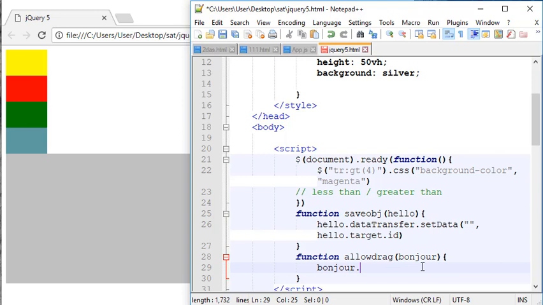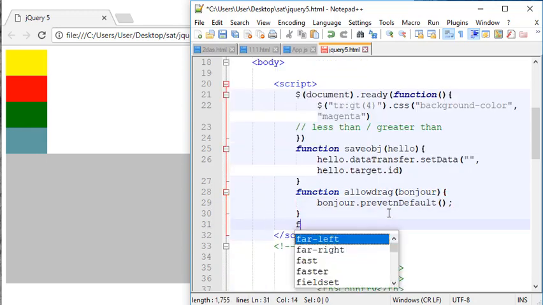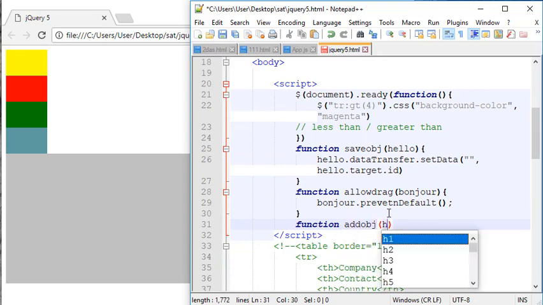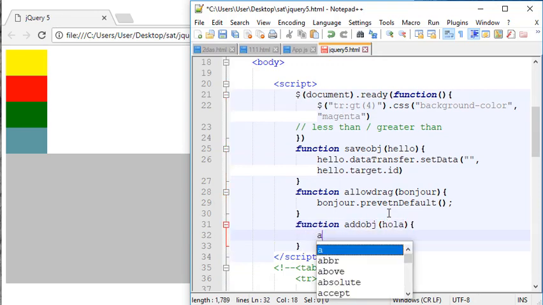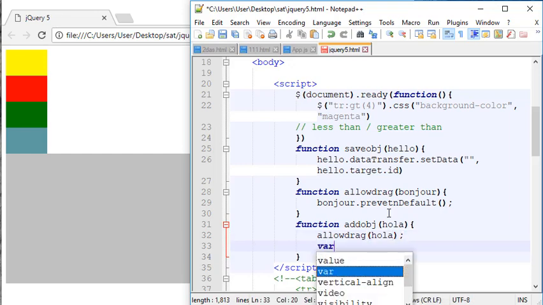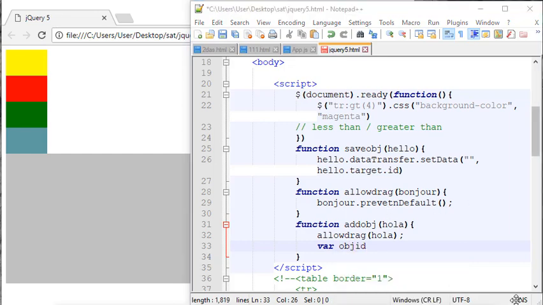We're going to type bonjour.preventDefault. The D needs to be capital, by the way, just like so. And let's do the last one, which is add obj, and we'll write something like hola. Inside we'll type in allowDrag and our hola. Then we'll make a variable with objId, and I'm going to write hola.dataTransfer.getData,